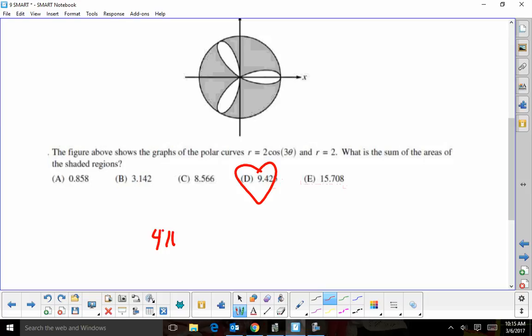So you know the big circle is 4 pi from just doing pi r squared. And then we need to subtract out this guy right here. At 0, we were over here, right? Where was this first guy? Pi over 6. So if I went 0 to pi over 6, I have found that much, and then I could multiply it by